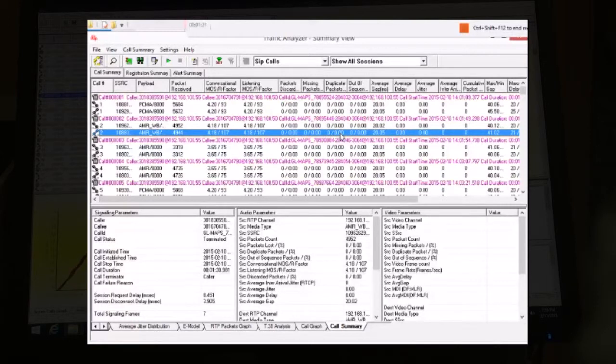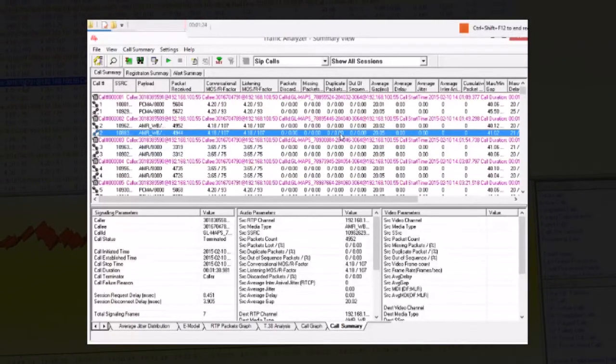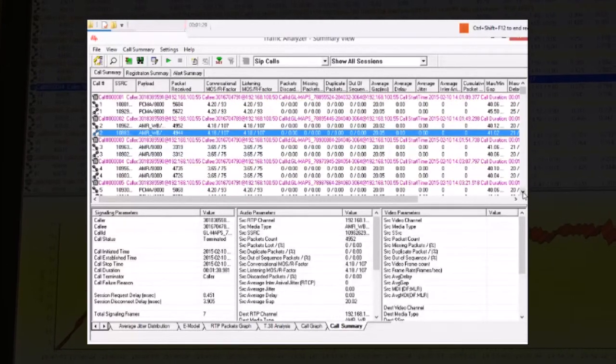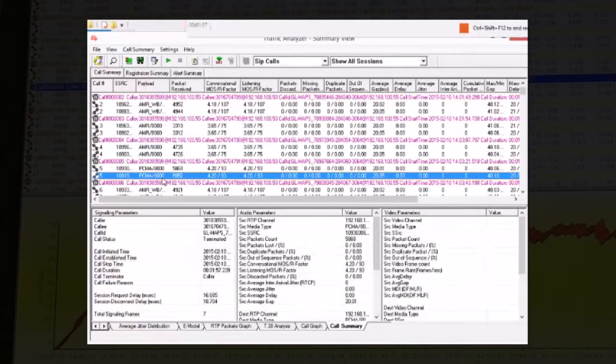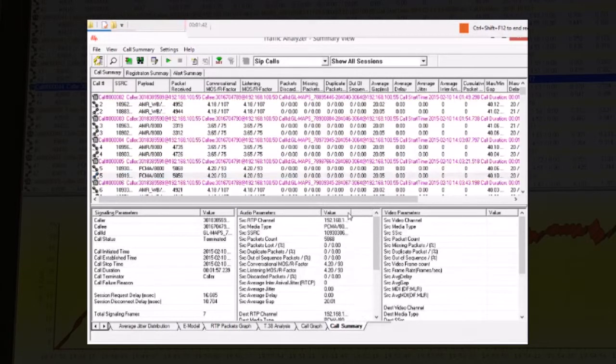Now let's take a look at a G711 call. This is PCM A-law at 8,000 samples per second. This is what our conventional telephone network handles, A-law and mu-law. But you can also send A-law, mu-law traffic over the packet network. In this case, if you're sending A-law, you're getting a MOS score of about 4.2, which is almost equal to the AMR wideband protocol,